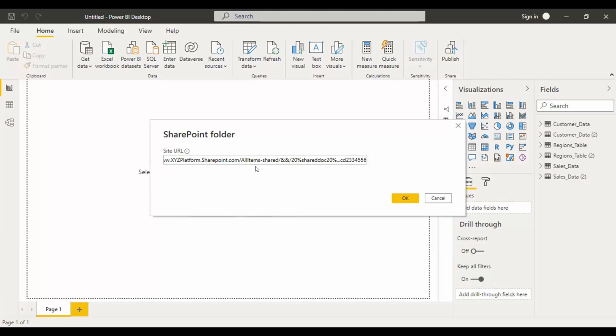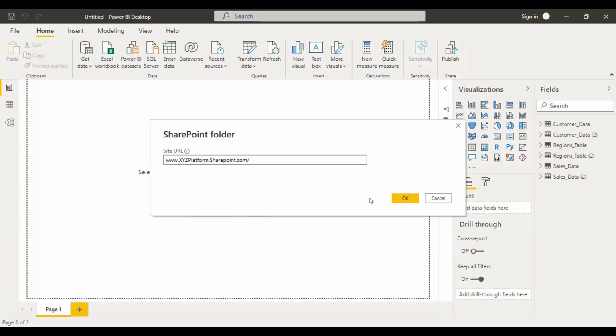So now I have to delete the subfolders. Then we have to click OK, then it connects to the SharePoint folder, then we can import the data.